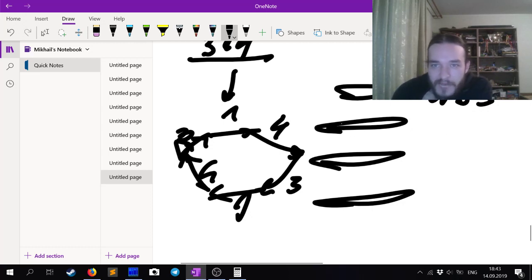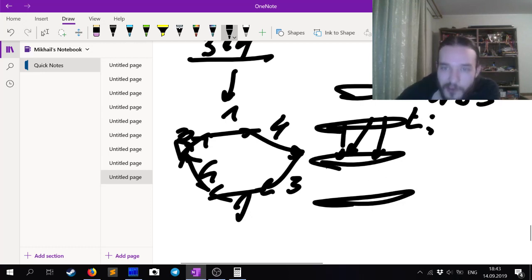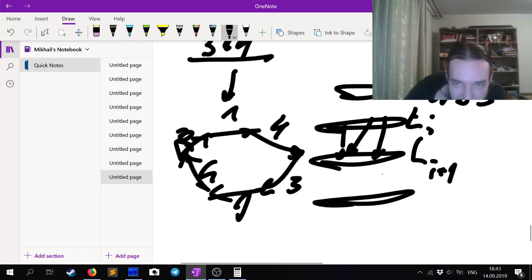So if you have the separation of the last layer, L_i, into classes, then we can consider all outgoing edges, and then all new vertices that we haven't visited before are going to form the new class. And, well, how do we assign classes to the new vertices? First of all,